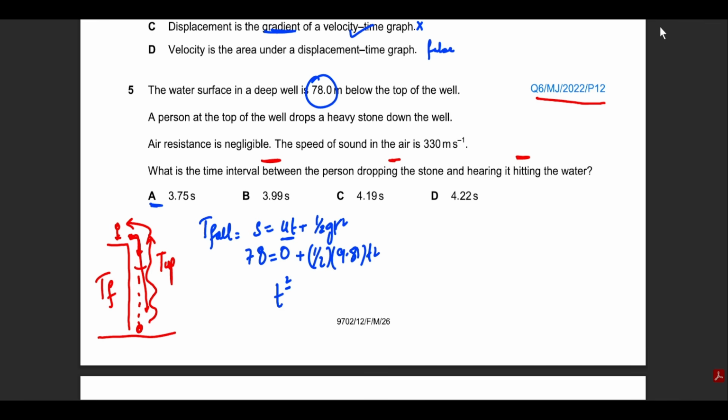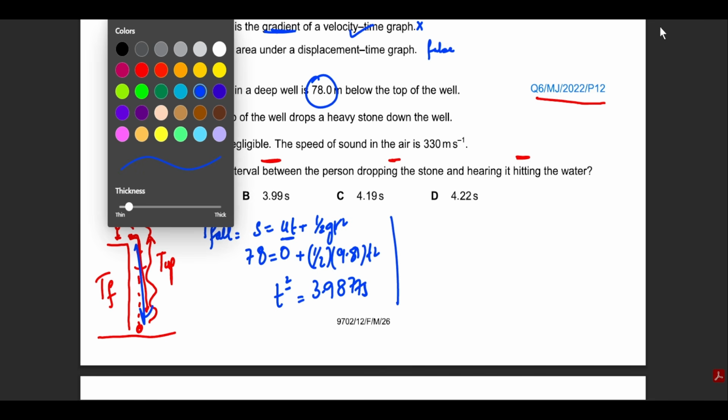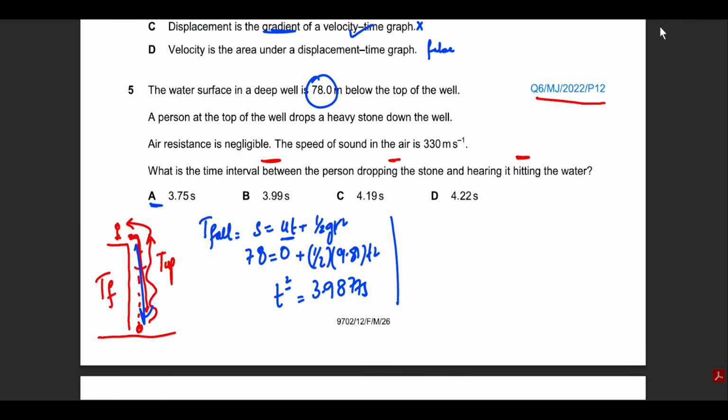Don't forget that this is a square that goes to the side, takes the under root. Your final answer will come out as 3.98777 seconds. Now, this is the time to go down. We're going to use the same distance, same height, to calculate the time for the sound wave to go back up again. So the time for the sound wave to go up will simply be speed equals distance